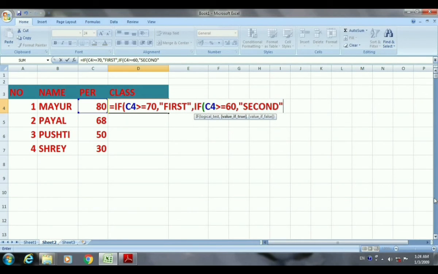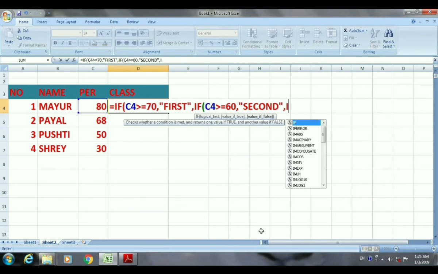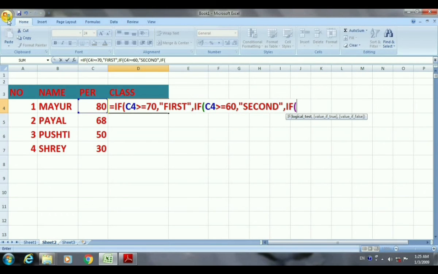Then as a false, again we are checking a condition. So again you write if, again you select the cell, the same value we are checking again and again to get our class.